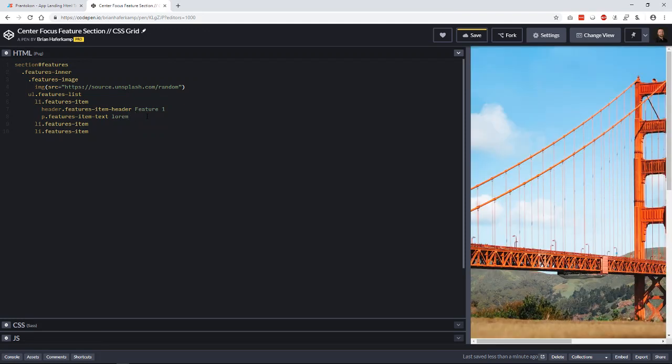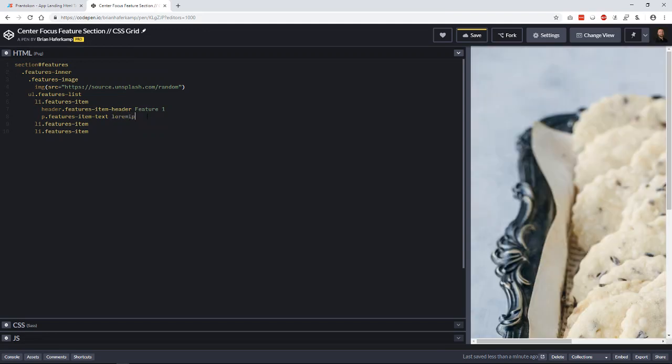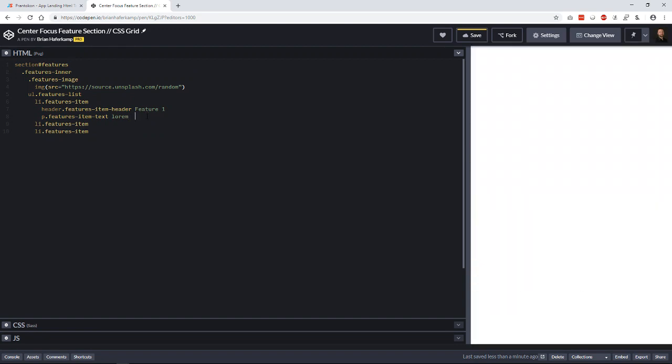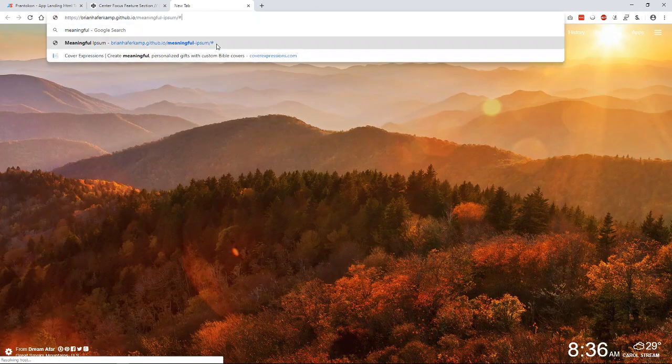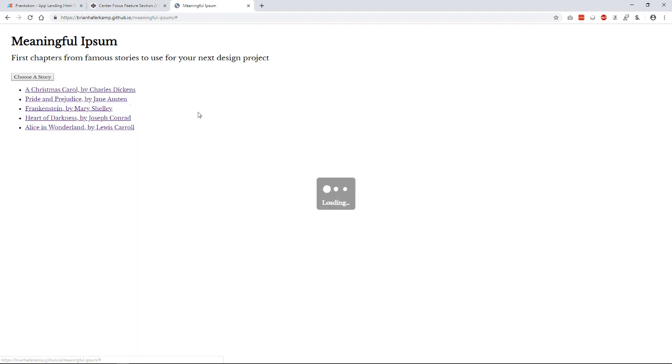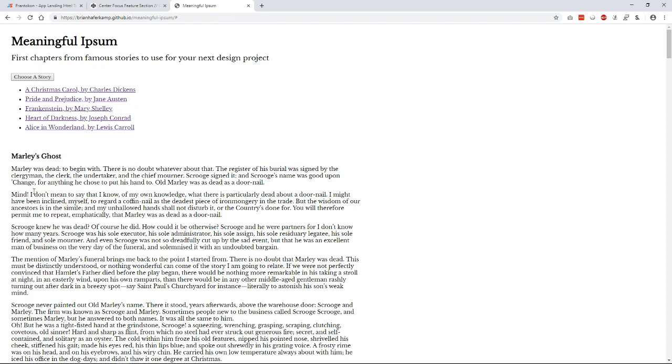Let me do the lorem. Yeah, I don't remember how we do the lorem. Lorem 10. Used to be able to do some lorem ipsum text. I don't remember. It does work. I just don't remember necessarily how to do it. So we'll just come. This is a project that I maintain, and